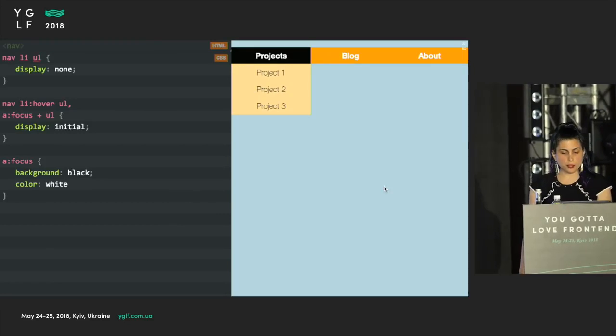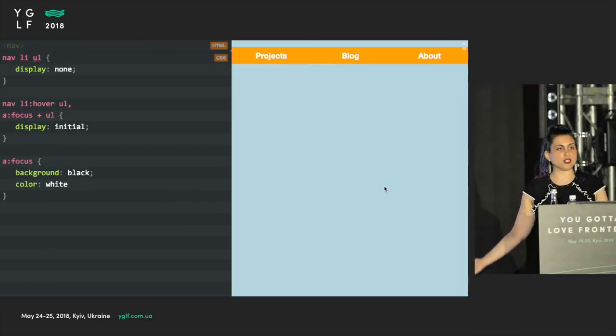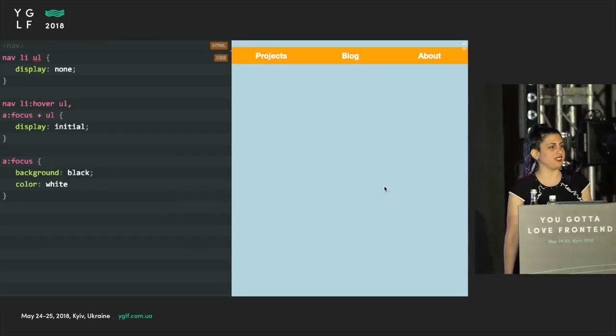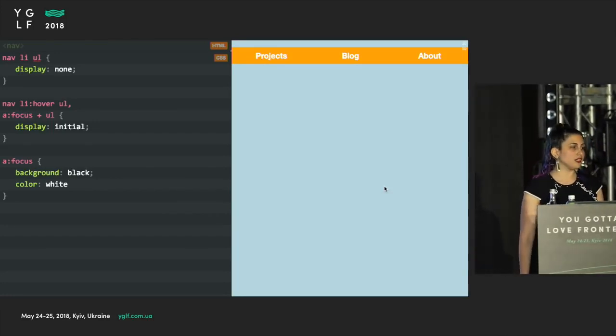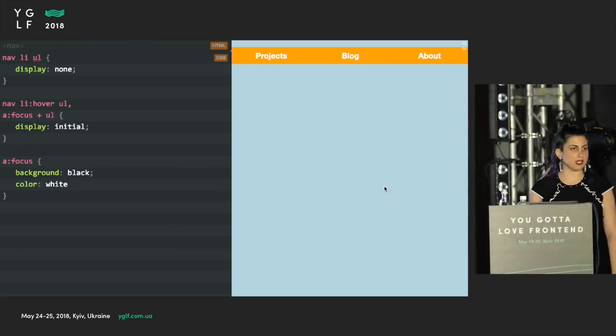But what happens when we try to tab through? It disappears. It's not actually usable. It's just teasing us. Like here, there's a submenu, but you can't use it unless you use your mouse. Which is why, until now, using CSS to do these kinds of submenus was actually an anti-pattern unless you also